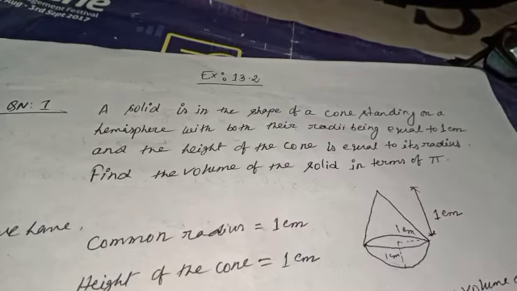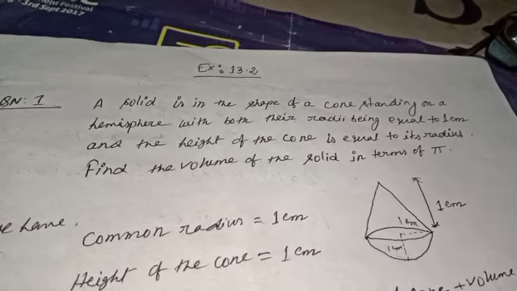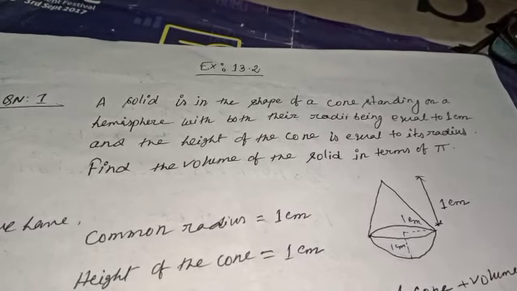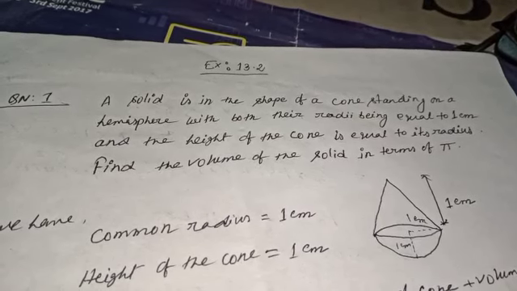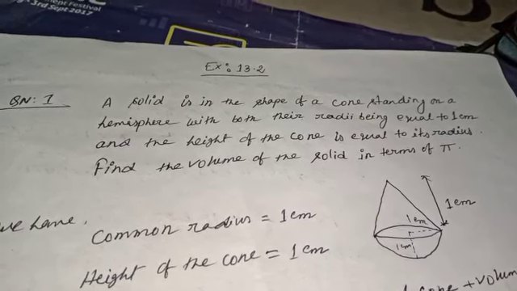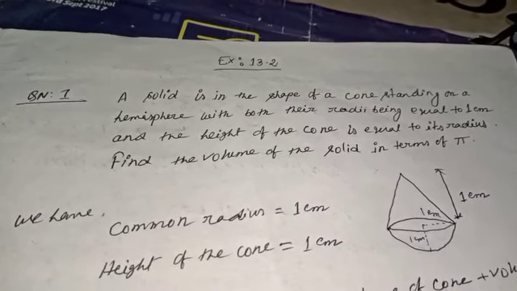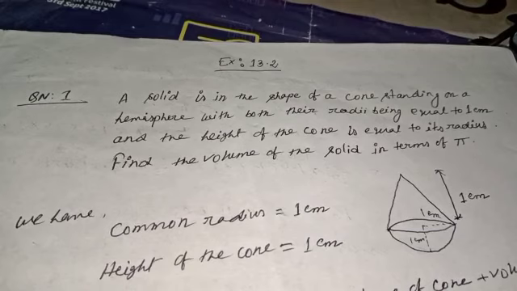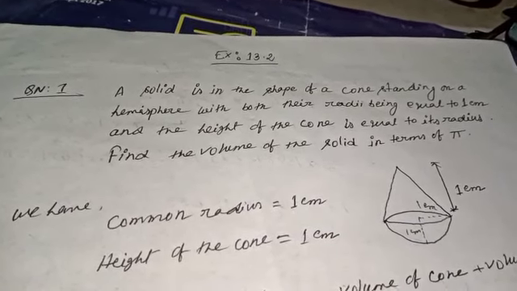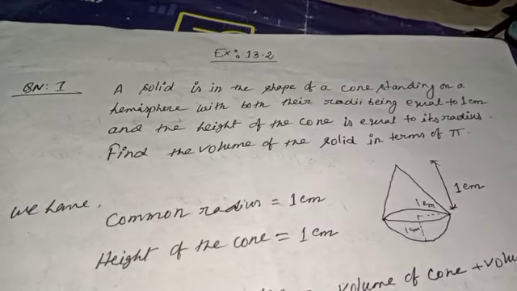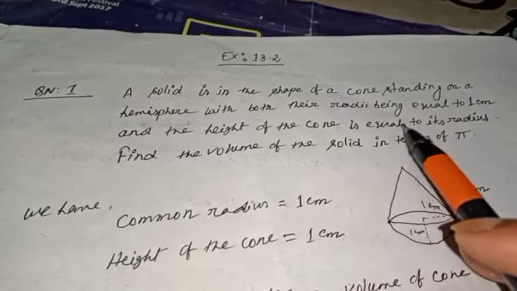exercise 13.1. What do we learn in exercise 13.1? We learn about surface areas of combination of figures, and in this exercise 13.2, it is also combination figure for volumes, means volume of combination figures. How to find? Understood? So question number 1, a solid is in the shape of a cone standing on a